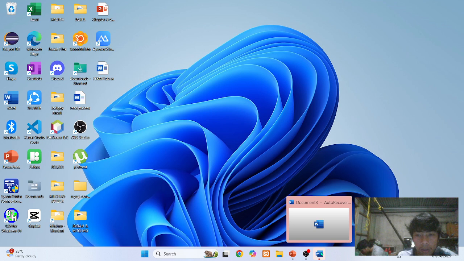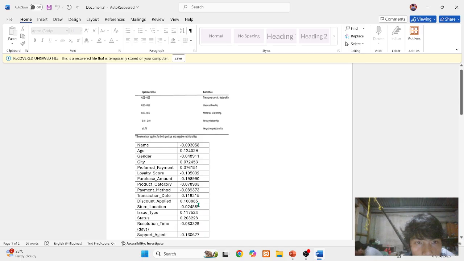The result is below. If we convert it to the Spearman's table, the value is 0.09. Only the issue type, discount applied, and status have a higher result. So there is only one weak relationship, the status. These are issue type, discount applied, transaction date, and purchase amount.